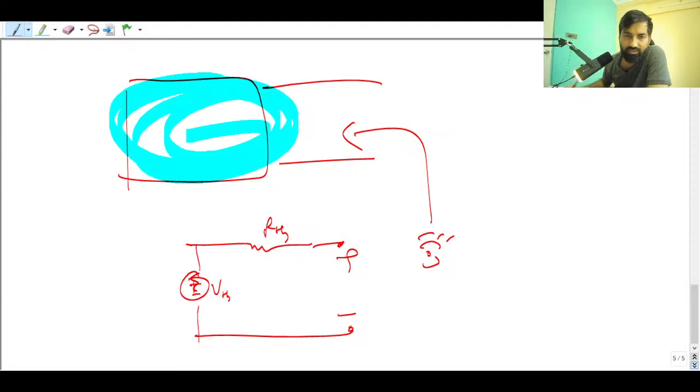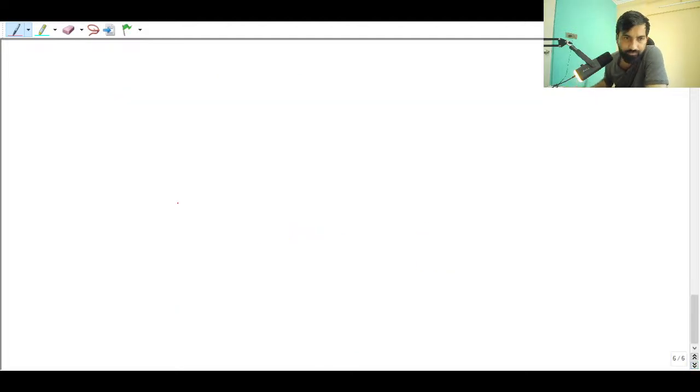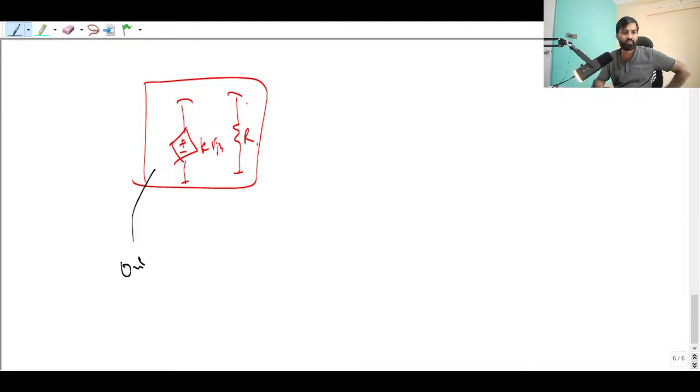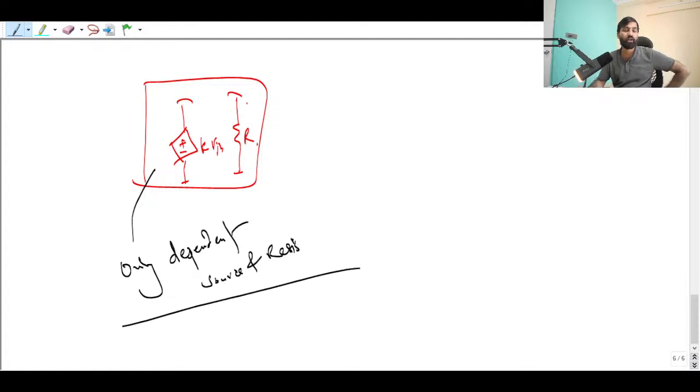And one more thing is there. Suppose let's say this is a black box, right? And there are only, you can say, dependent sources present, right? Some dependent sources. Okay, only dependent sources and resistance are present, right? Only. And मान लो यहाँ से आप देखते हो,